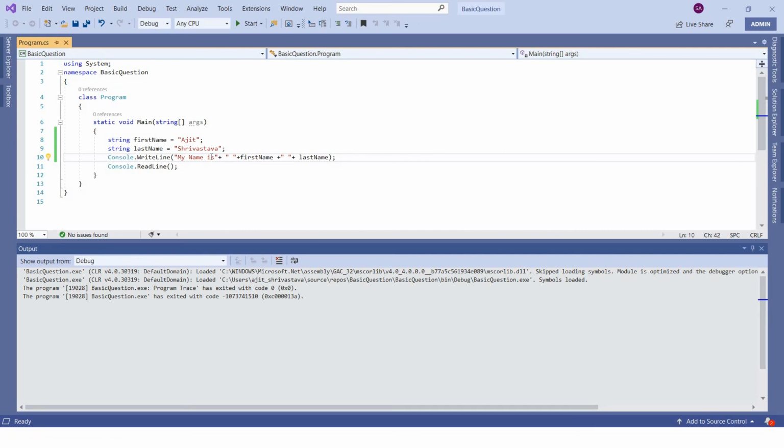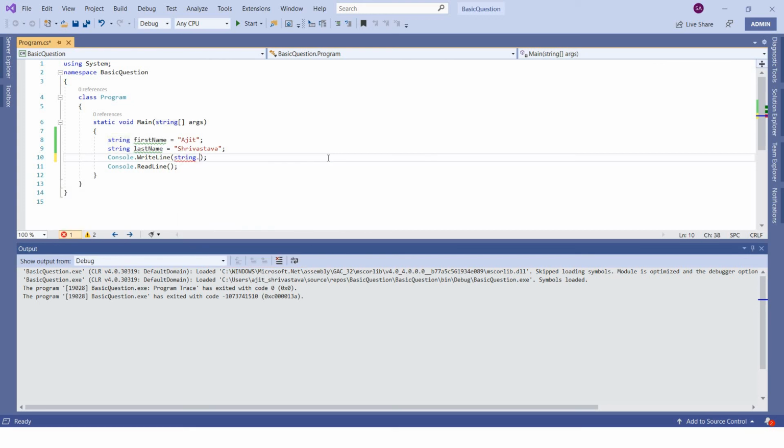But if you see, it is not very readable, correct? You have to just see where we are appending plus, where we are appending space and all. So to take care of this, there is something called string format, where we utilize a placeholder.